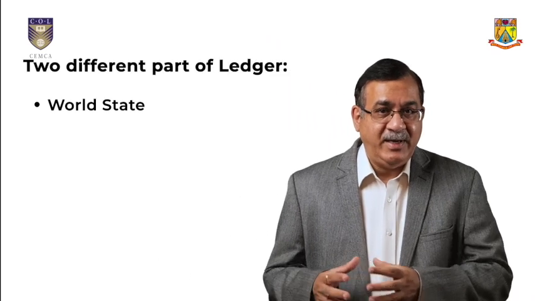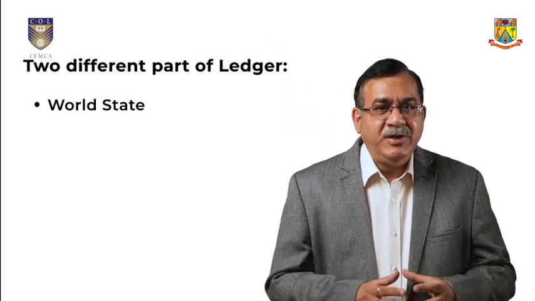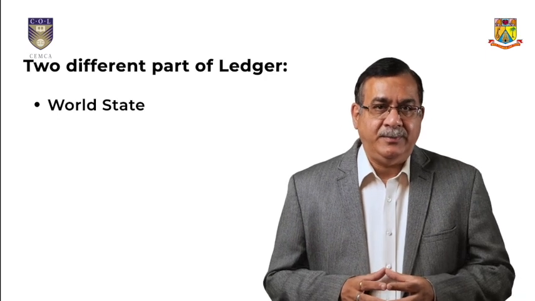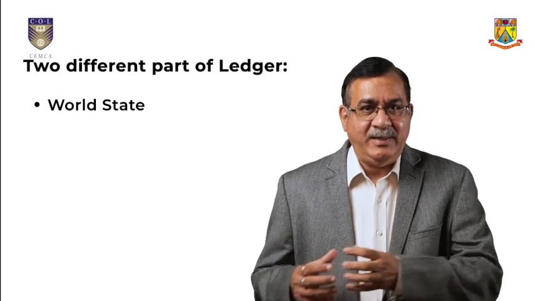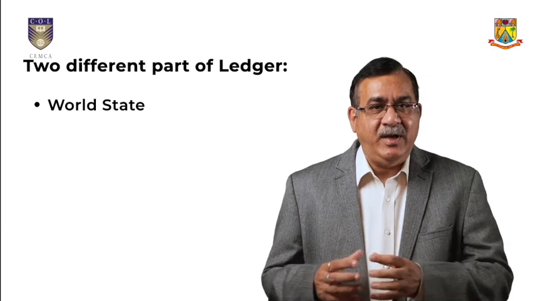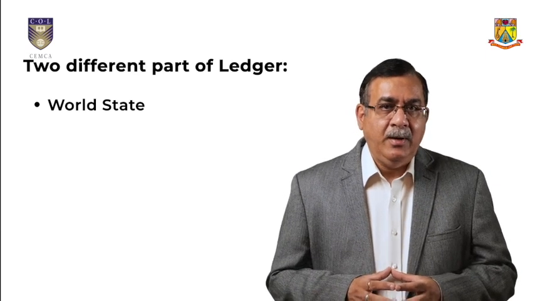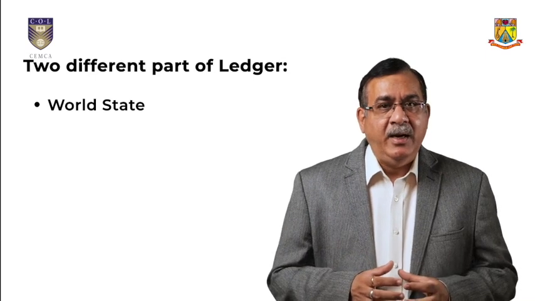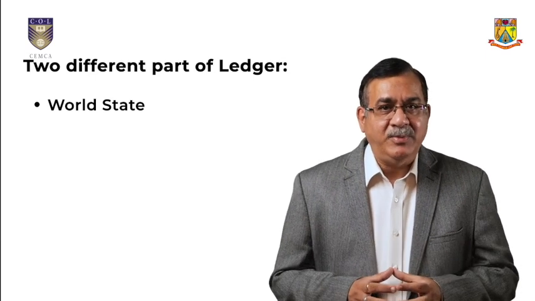A ledger is kept at all peers and optionally as a subset of orderers. The two different parts of a ledger are the world state and the blockchain. Each chain code has its own world state and blockchain. The world state is a database that holds the current state of the ledger. These states are expressed as key-value pairs. It holds the facts of a business object.